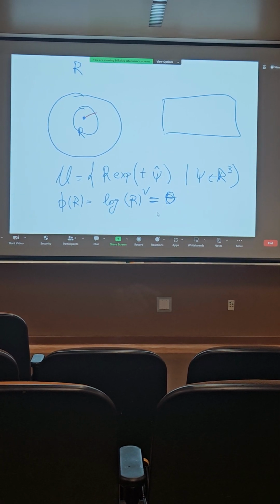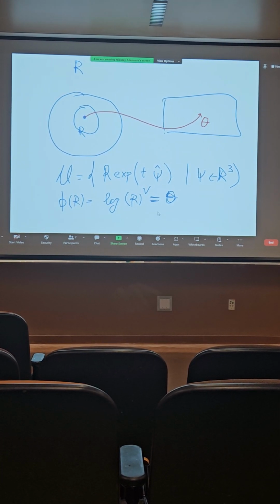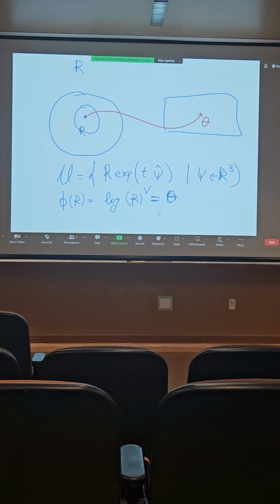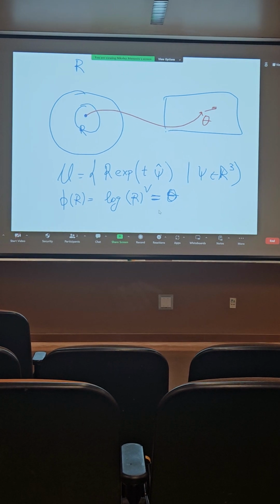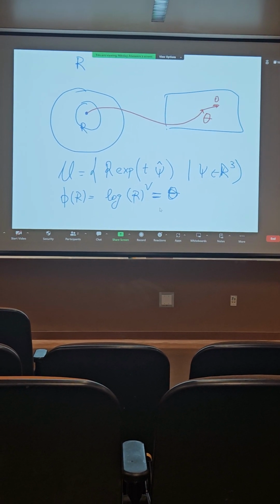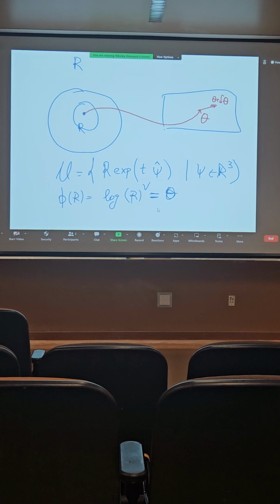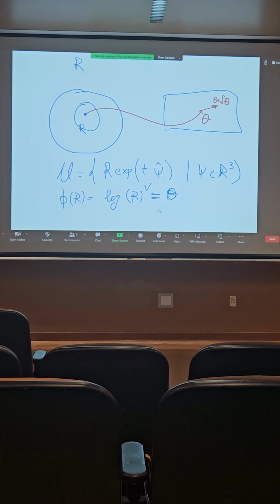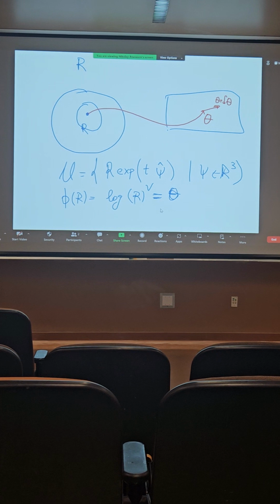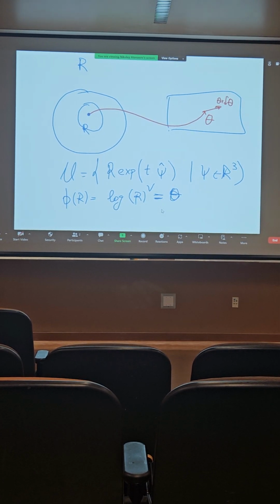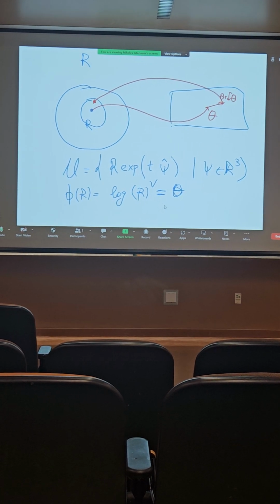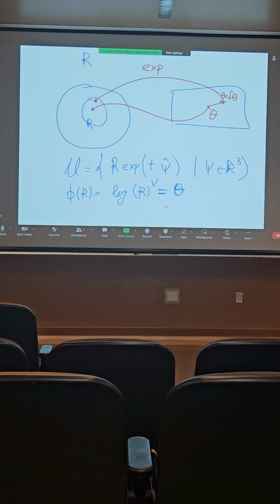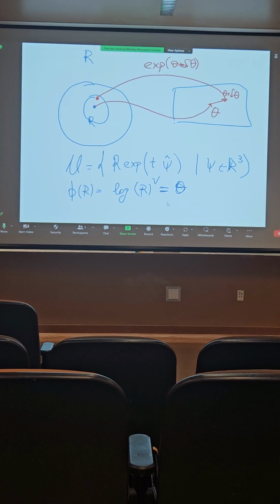Yeah, so this point here gets mapped to theta. And then points around, so let's say we want to perturb theta to something like theta plus delta theta. So I generate some little perturbation. Then I want to map back. Right now I want to find a point that this maps back to, so I need to take something like exp of theta plus delta theta. That would be the new